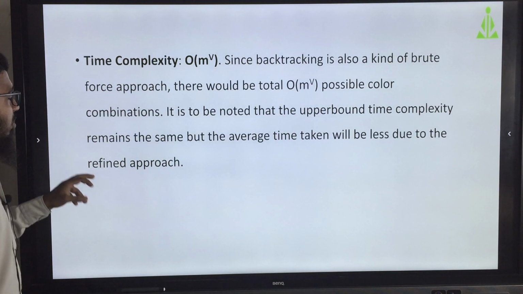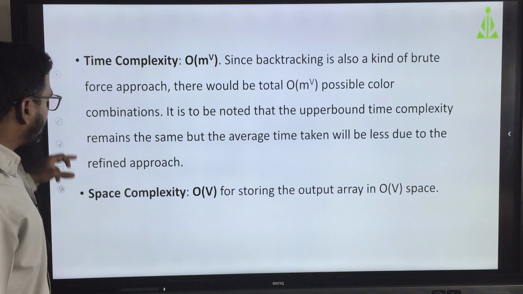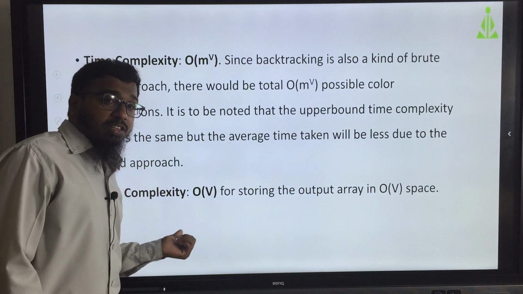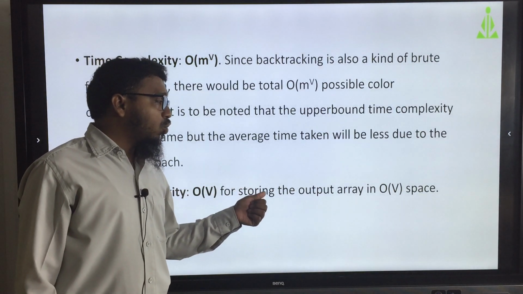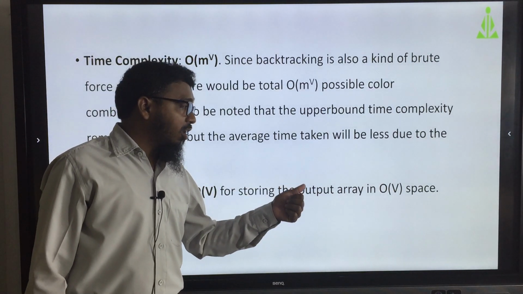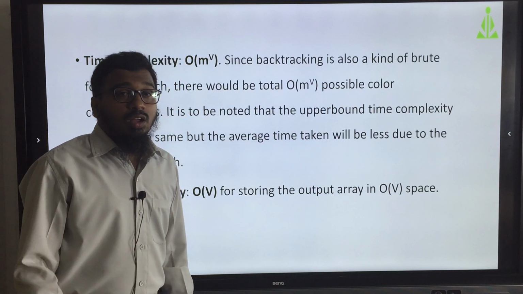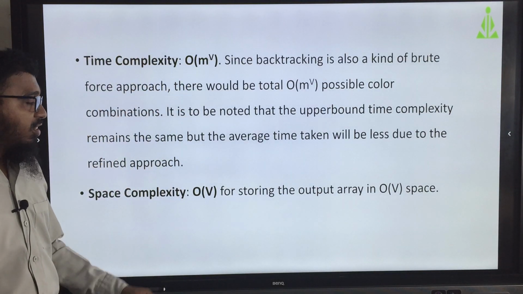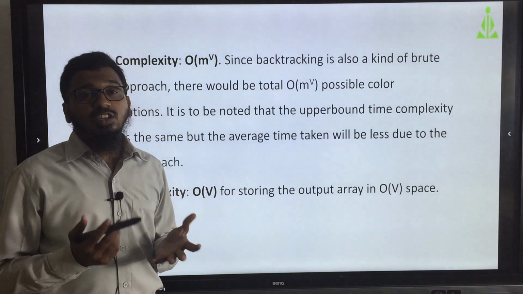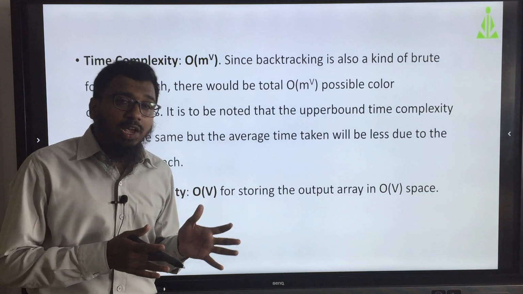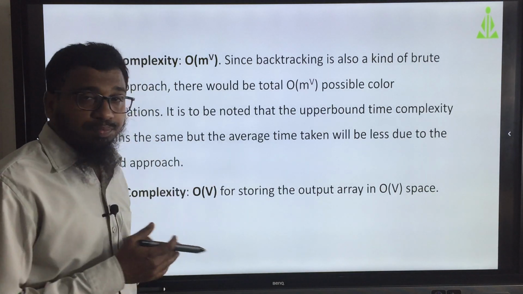So, this is about time complexity. What is space complexity? Space complexity is order of v, for storing the output array. It needs order of v space, meaning that much space as the number of vertices you have is needed to store the data.